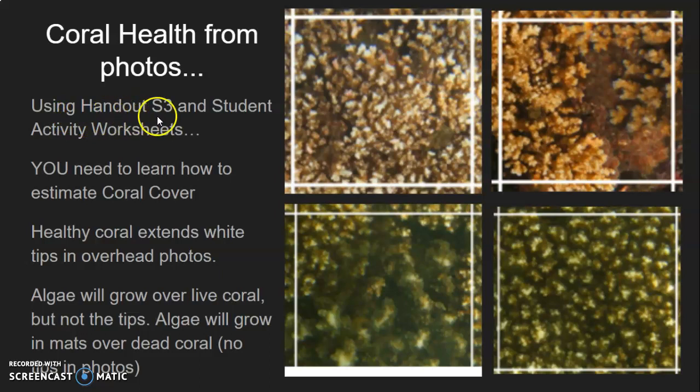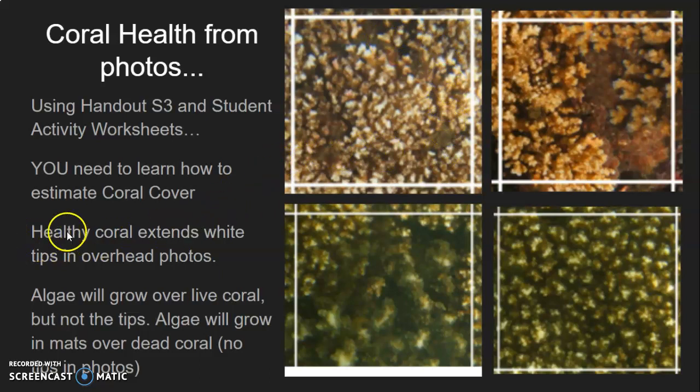So using handout S3 and student activity worksheets, and I'll show you where I got these pictures from. They're from the S3 and activity worksheets too. But basically they're trying to give you an idea of what means what, okay? So this is a gridded out little box, basically 1 meter square here. And what they're doing is they're saying you need to be able to identify what's healthy coral here and what's